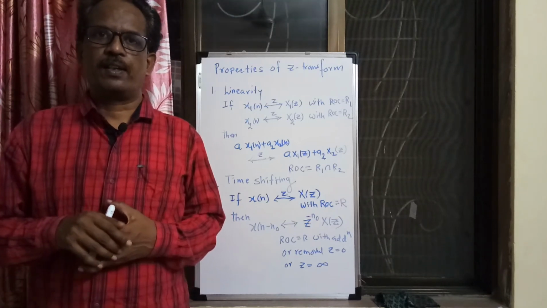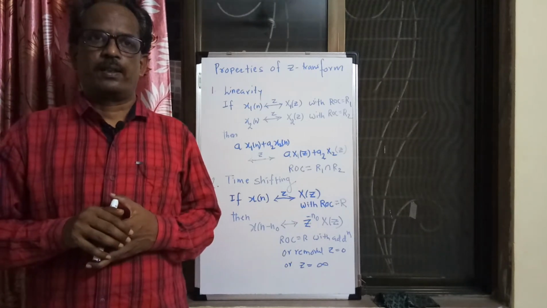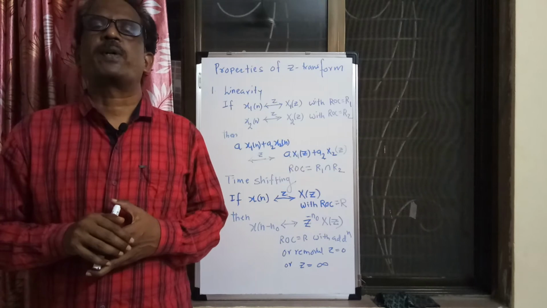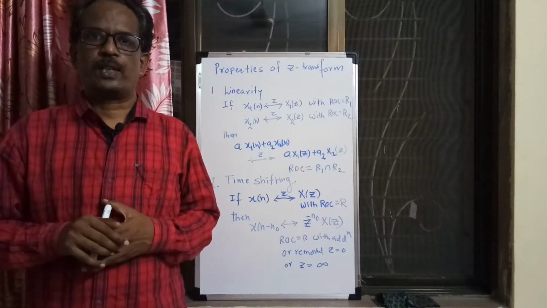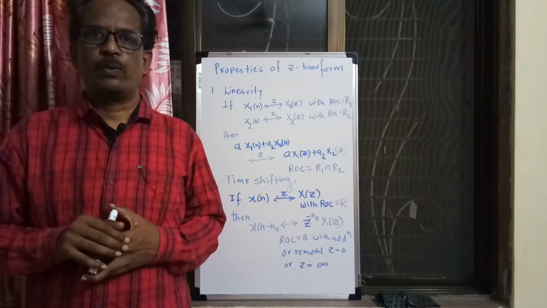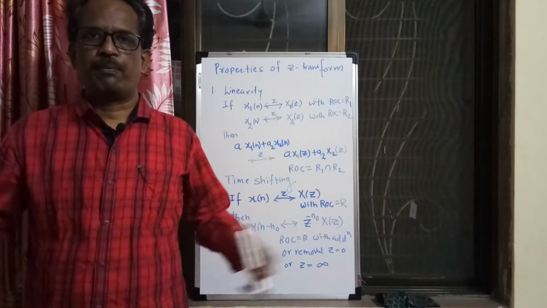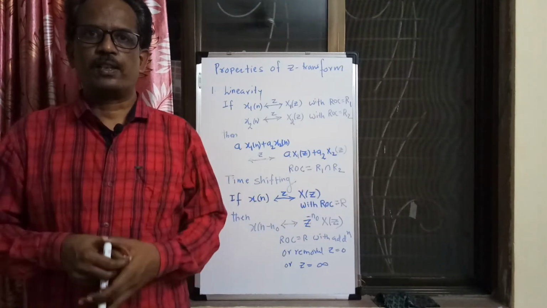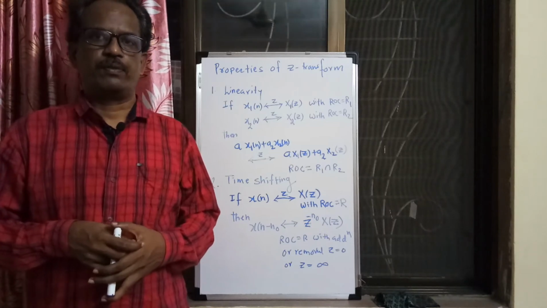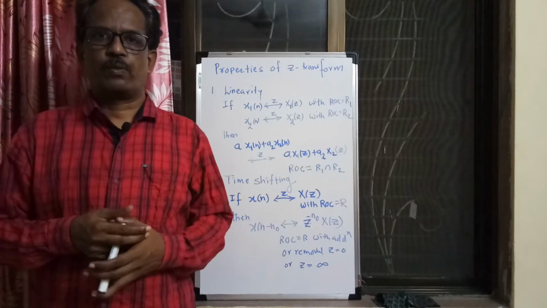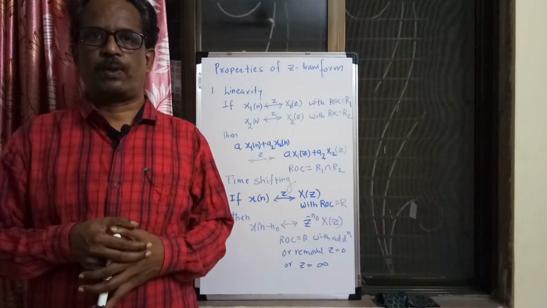Now, after having all this background on Z transform, I am going to move on to the properties of Z transform. Let us see the first two properties. The proofs I will not be giving to you. I will explain what the ROC is and what will happen if we combine two sequences, what is the resultant Z transform and what is the ROC of that Z transform. When the sequence is shifted towards right or left, what happens to the ROC of the Z transform and what happens to the earlier Z transform.